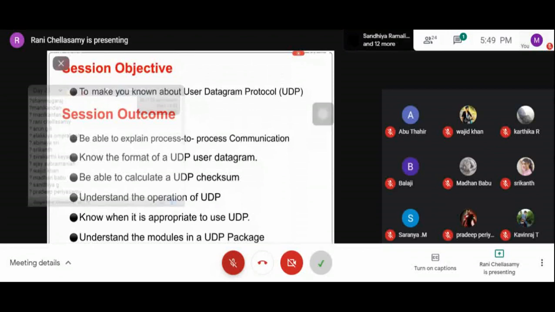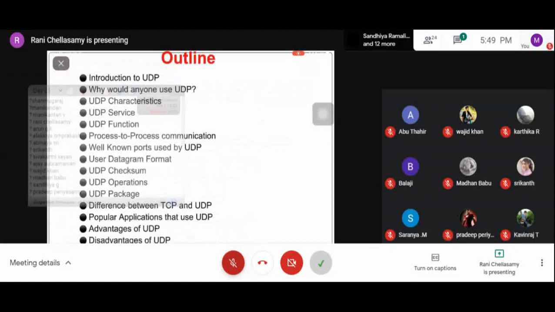The agenda or outline for today's session is as follows. First, the introduction to the User Datagram Protocol, why anyone would use UDP, the characteristics of UDP, the services provided by UDP, and the function of UDP.